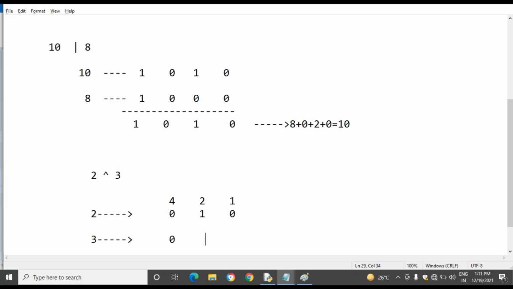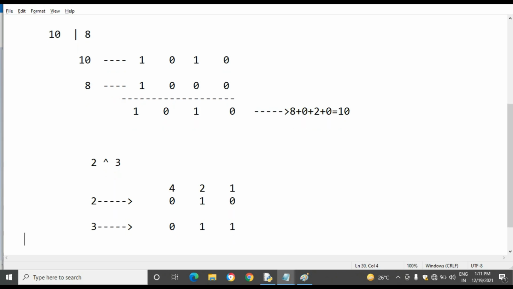The binary form of 3 is 0 0 1 1. Now we will see the XOR operation between 2 and 3.